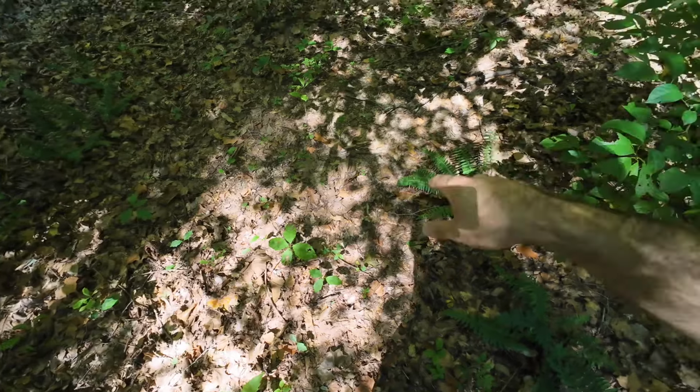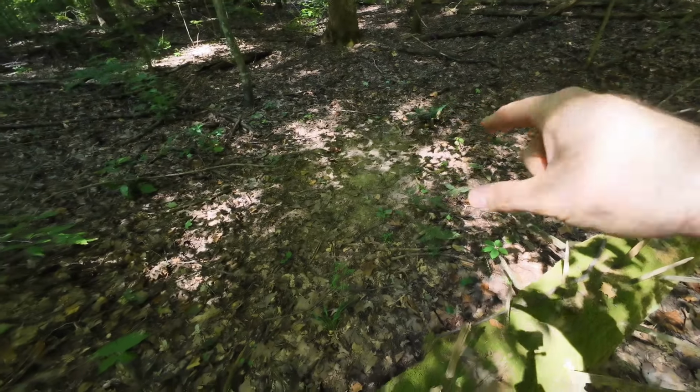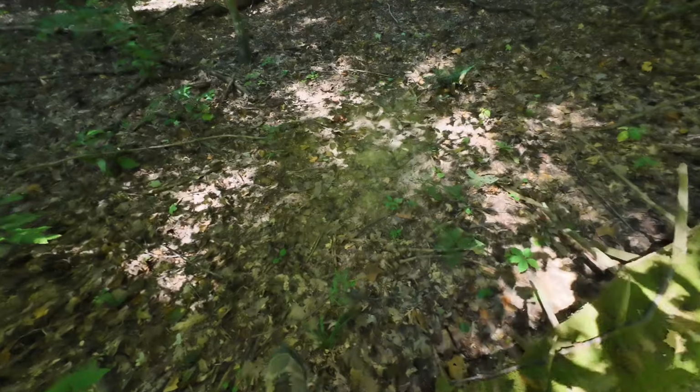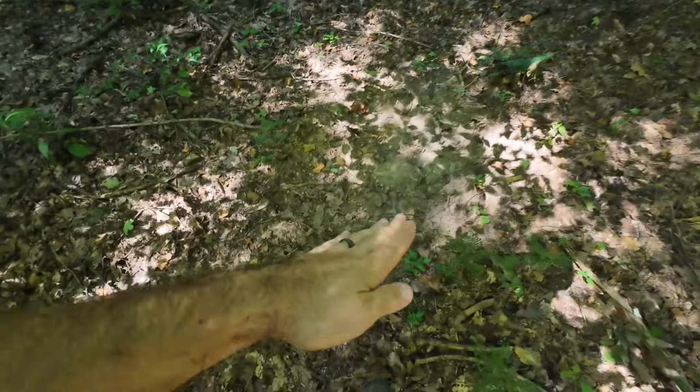Another really nice scrape right here. Mark that one and keep going. This is a hub scrape right here. You can see work down to the ground. Really good licking branch. There's also like the scrape's almost concaved to where you can see they've used it year